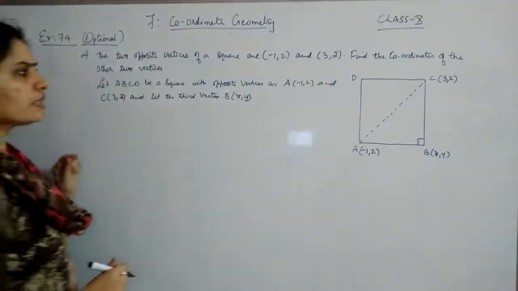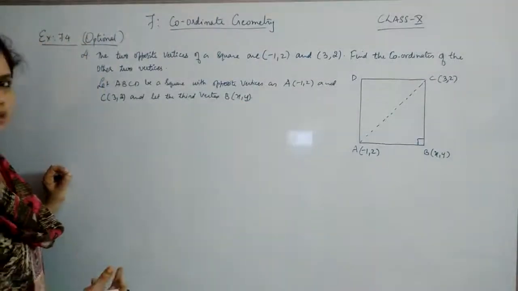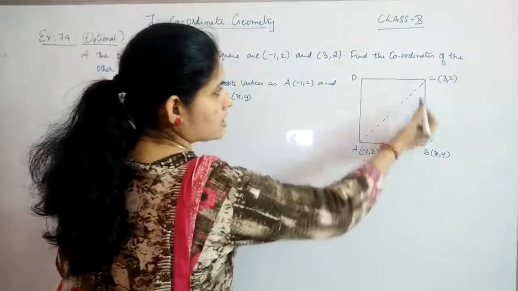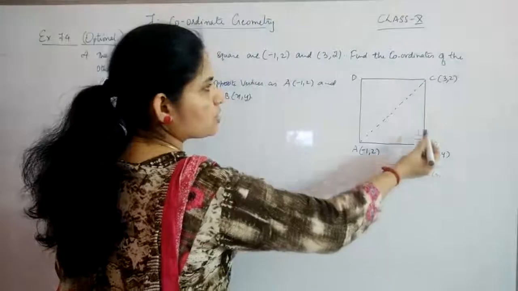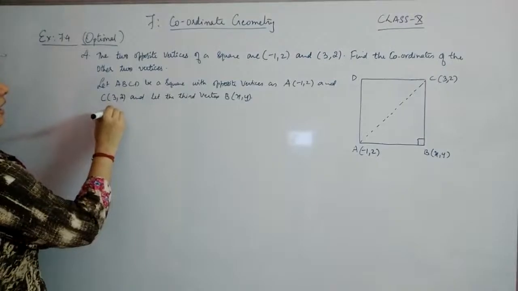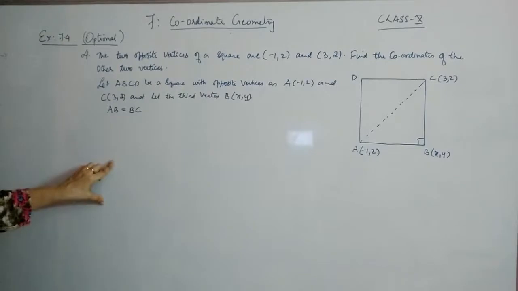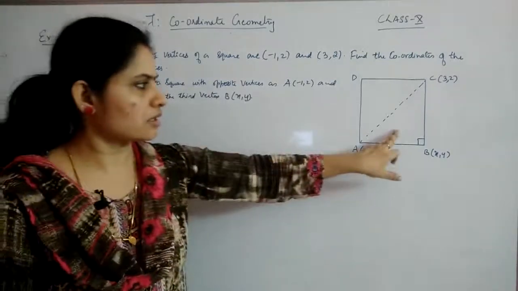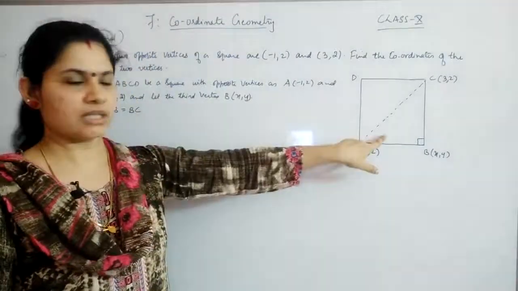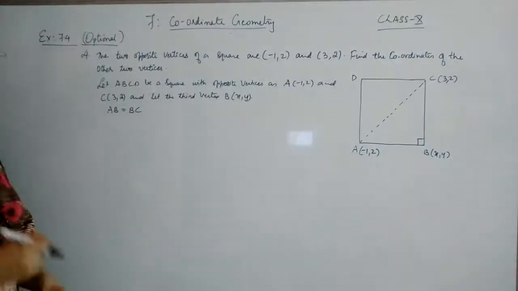Okay. Now again here you have two coordinates to be found out. That means you need two equations or two concepts to get the value of both x and y. So one concept which you are using is, since it is a square, you will have AB is equal to BC. That means all the sides are equal for a square. That will contain x and y in the equation. And the other concept which you will be using is ABC is a right angle triangle, so you can use your Pythagoras theorem, that is AB square plus BC square will give you AC square. Using that you will get another equation containing x and y.